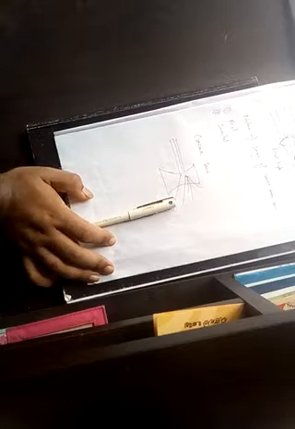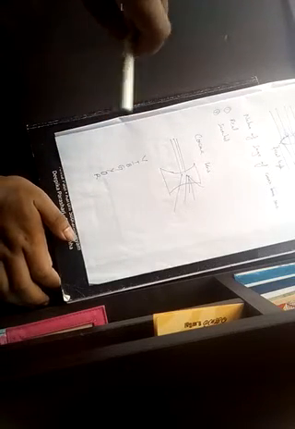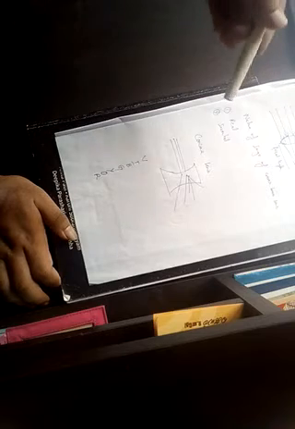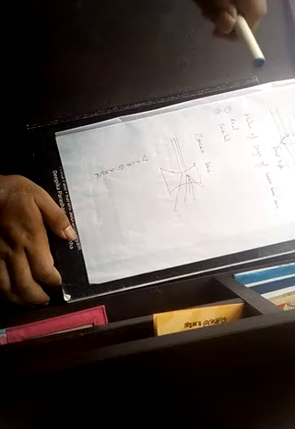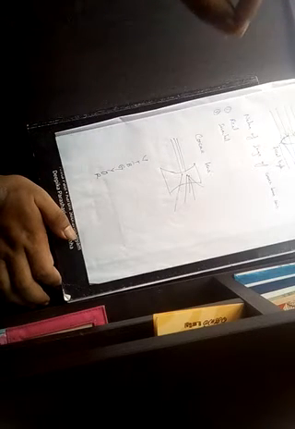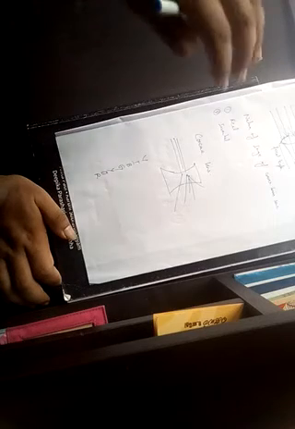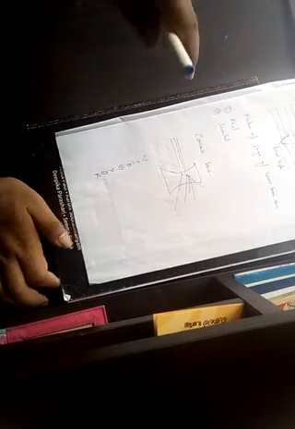We call it VIBGYOR: violet, indigo, blue, green, yellow, orange, and red. You have also noticed this by using a ruler. Sometimes you take a plastic ruler and keep it under the sun, and you will notice this. This phenomenon is known as dispersion. Your normal white light, when it passes through some medium, is divided into different colors, which is known as the spectrum, 7 different colors.